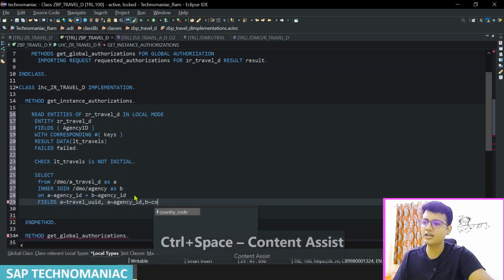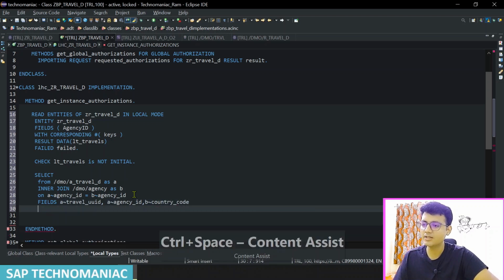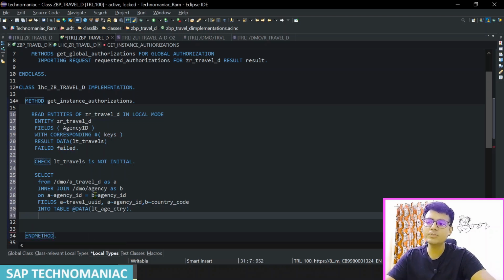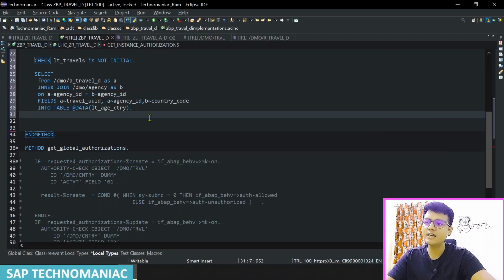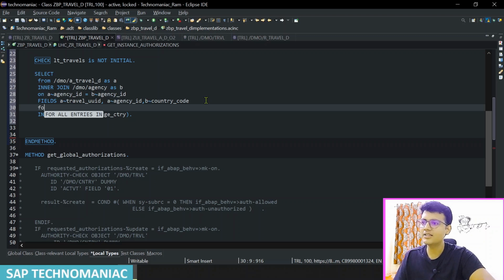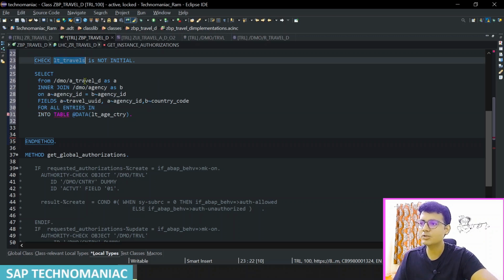B table, which is the reason we have joined this table into the table, and we will do the inline declaration, LT underscore agency country data CTRY. Let me write some short name. So this is how we will get it for this particular agency ID. In this case, into table, for all entries we have to pass for all entries in LT underscore travel,